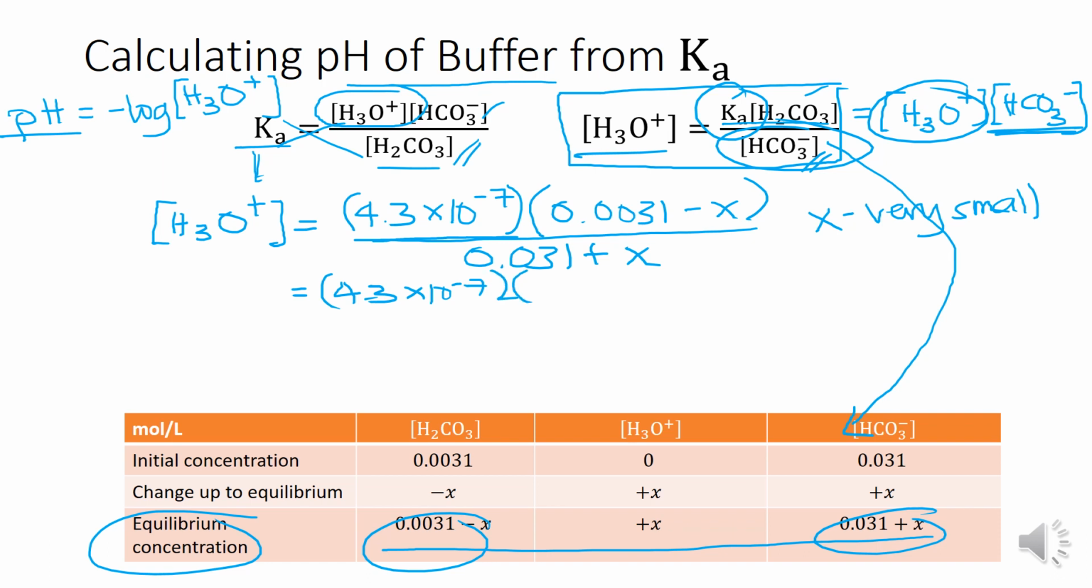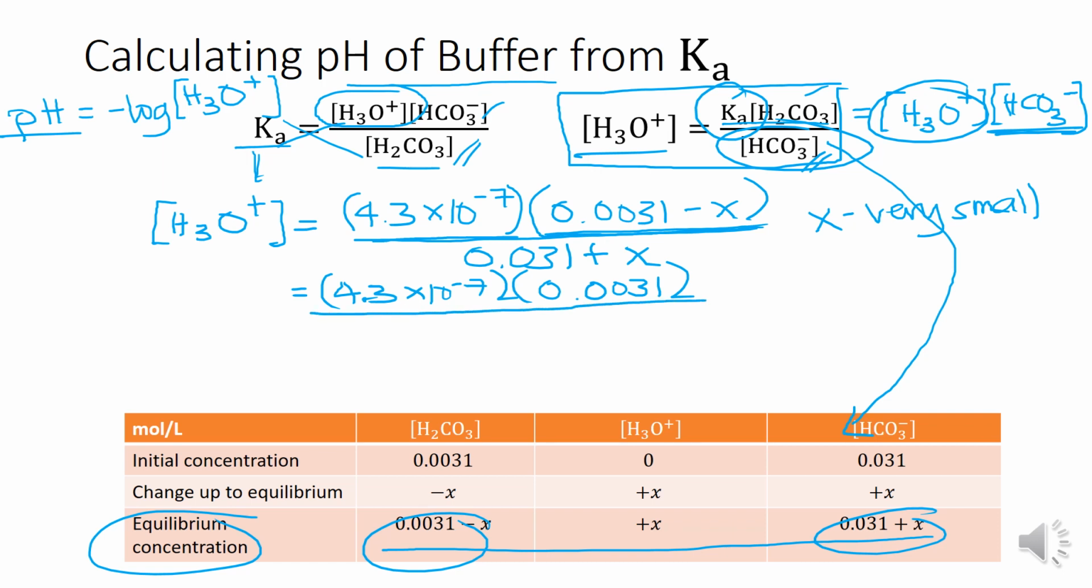0.0031 minus x. x is a very small number such that we can assume that it is almost 0, so therefore this expression can be simplified into 0.0031. It's as if we have 0.0031 minus 0, all over